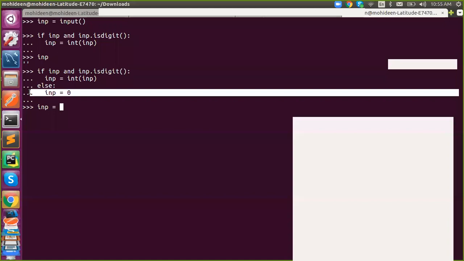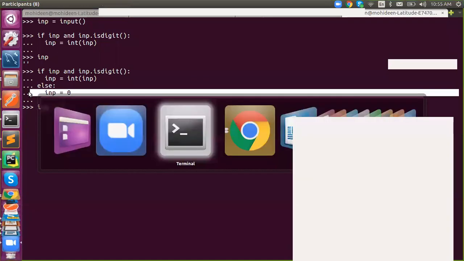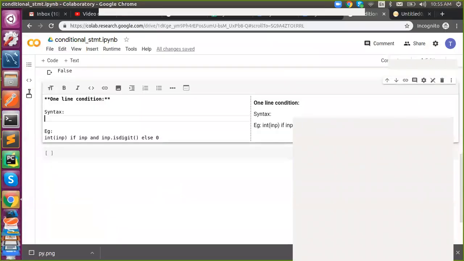To avoid that, we can rewrite it in a one line if condition, but one line if condition has a certain syntax. So what it is, we need to say if condition or a boolean. So you all know this will obviously return a boolean. Here is the return value. Okay, and in this single line we should not say colon.